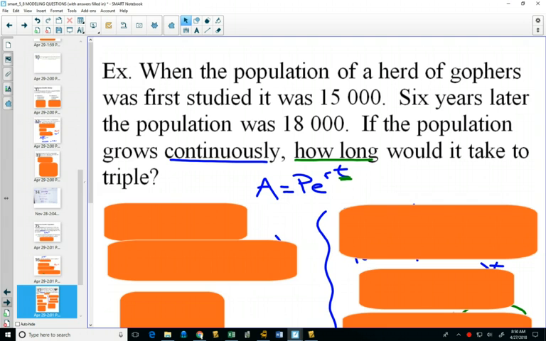Well, when we talked about money doubling, do you remember talking about it taking the same amount of time for $10 to double to 20 that it would take for $10 million to double to 20 million? The same thing's going to happen here. If I set up the equation, if I use 15,000 for the initial amount, then when it triples, it'll be 45,000. I'll still have e to the rt. And if I divide both sides by 15,000 to simplify,